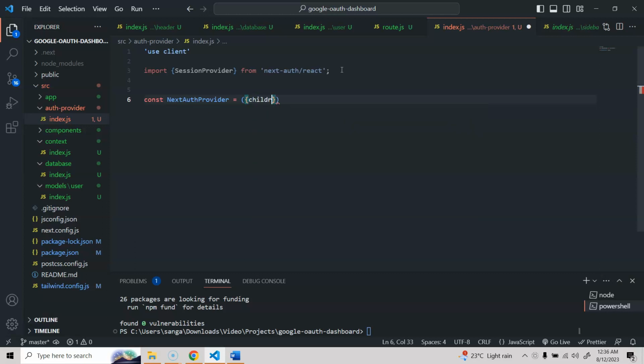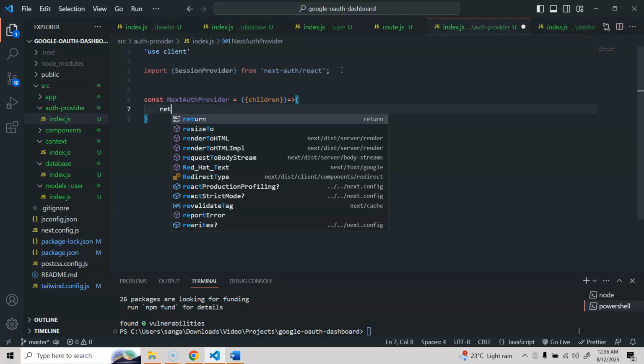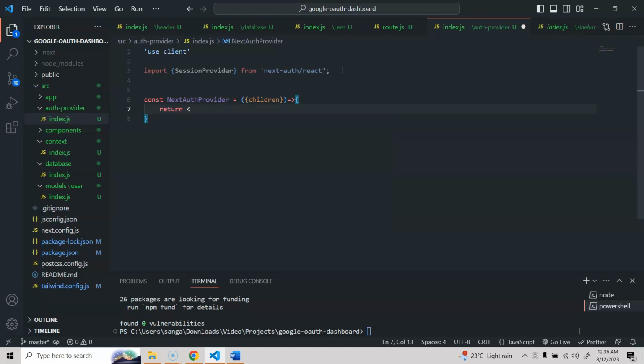This will receive the children, and here we are going to return this SessionProvider, and we are going to pass these children. And let's do this one as export default